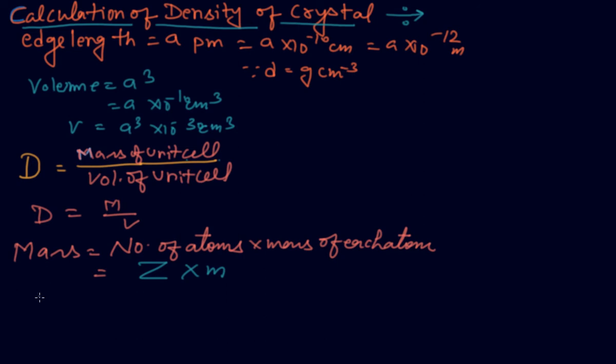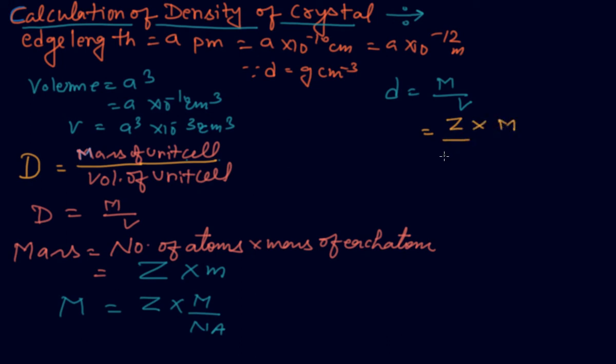Now put that mass, how is it coming? Number of atoms is Z, and mass of each atom is the gram atomic mass of that particular element divided by Avogadro number. I hope you have done this in the mole concept. So this stands for m. Now putting it in the formula of density, mass by volume, the mass comes to Z multiplied with M,